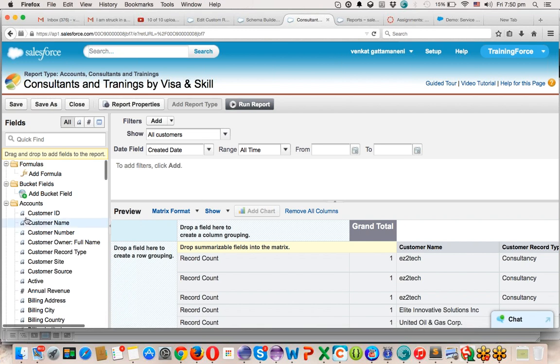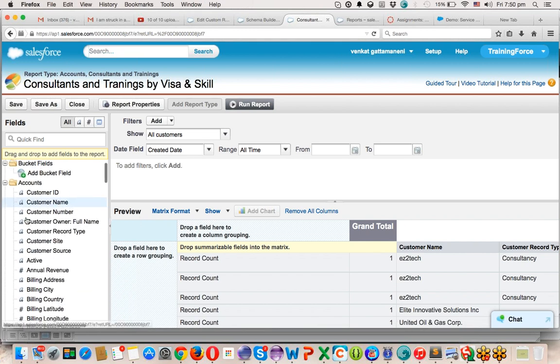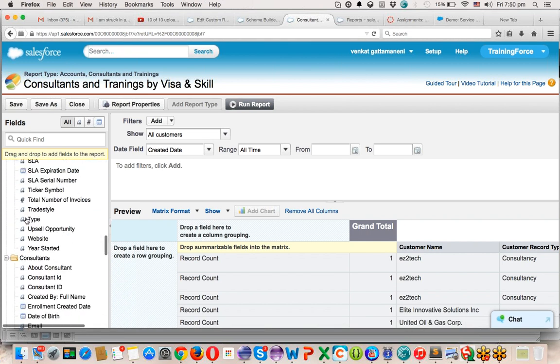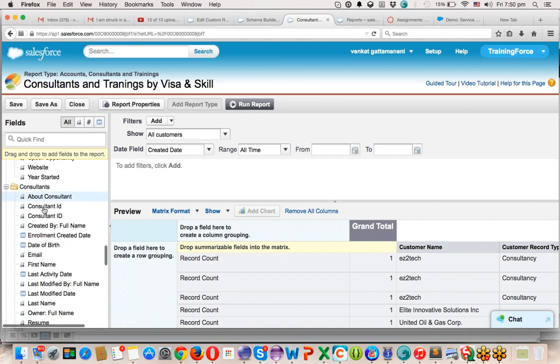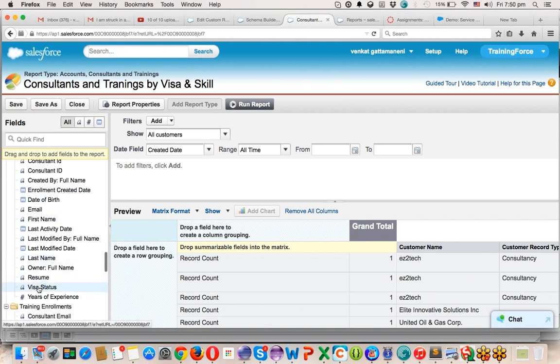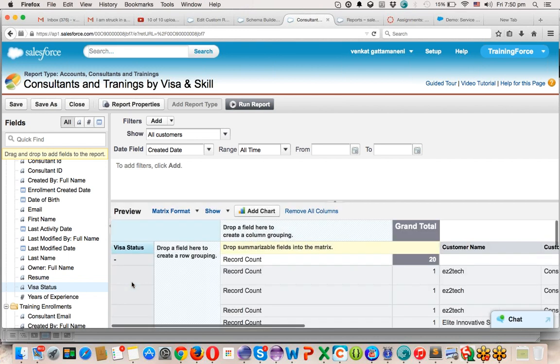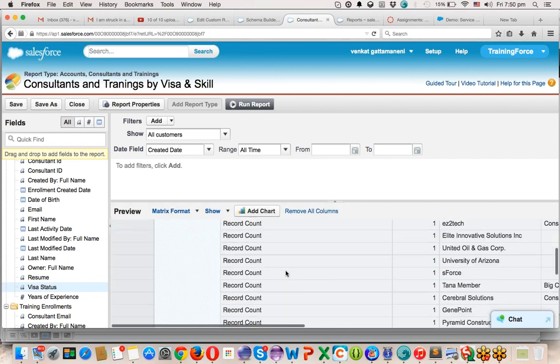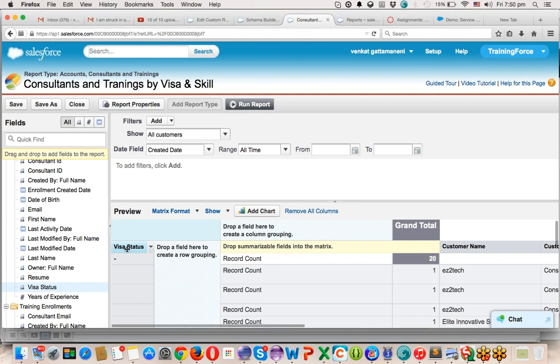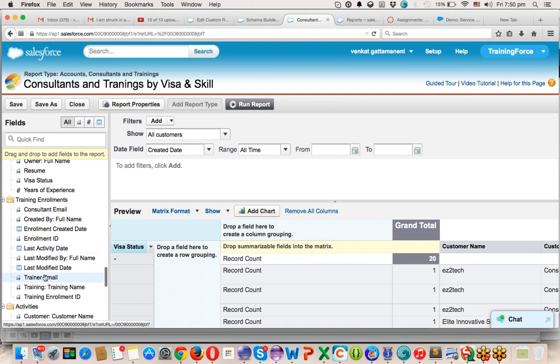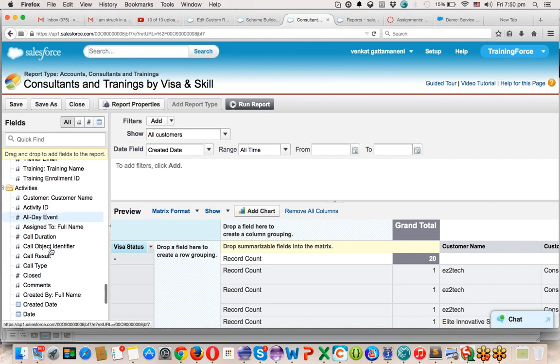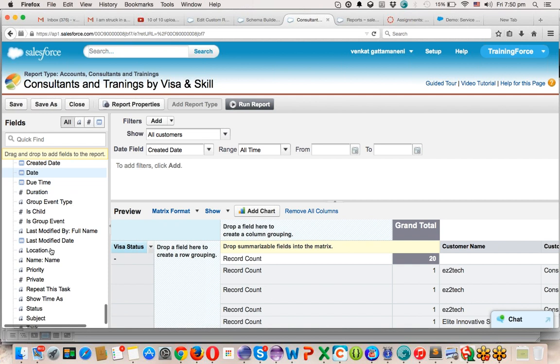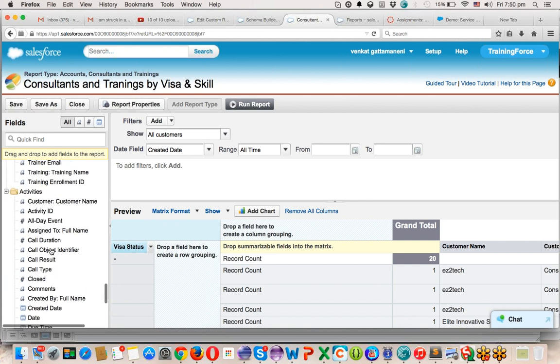First of all, I don't want to go by accounts, but I want to go by consultants' visa, that is visa status. I'm putting it on the right side. Okay, the people who don't have visa status, there's no data, this is 20 people, and I'm trying to put down the training skill. Oh, I think I'm not getting the training skill on this,